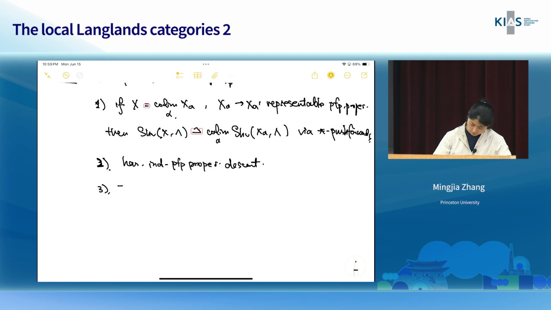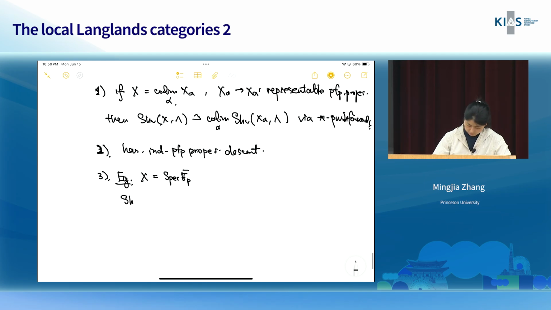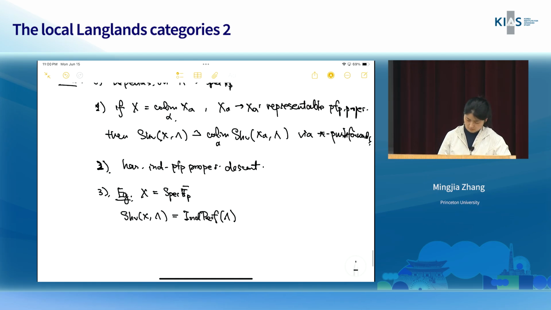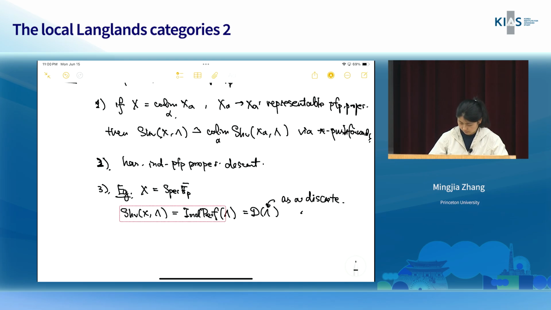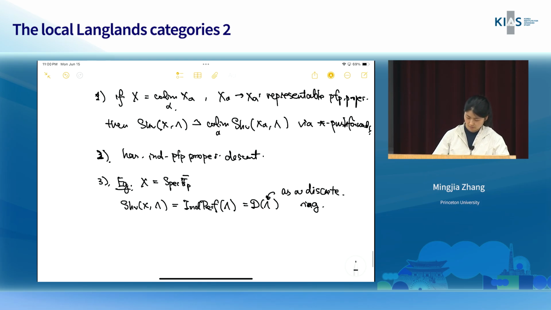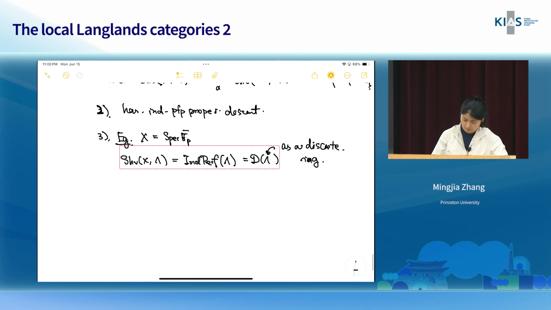And maybe the last thing I want to tell you is that it resolved the problem that I said at the beginning, because even when X is just a point, you notice that this sheaf category, let's say lambda is Z_ℓ or Q_ℓ, is really just ind-perf lambda, because X itself is PFP already, and this ind-bounded constructible becomes ind-perf, and this is the whole category of lambda modules where lambda is considered as a discrete ring. So it's not the ℓ-complete category if lambda is an ℓ-complete thing. So you can actually perform the operation of tensoring with Q_ℓ in this category,